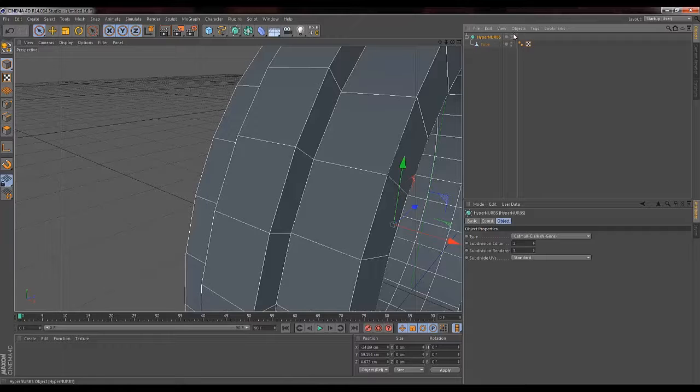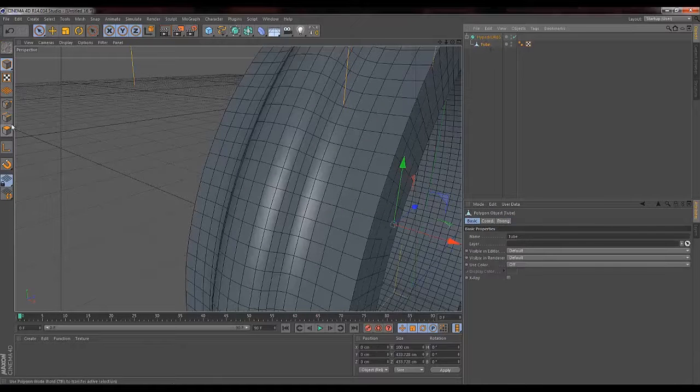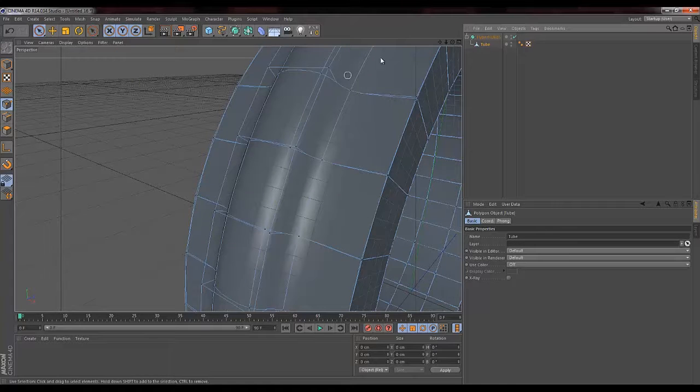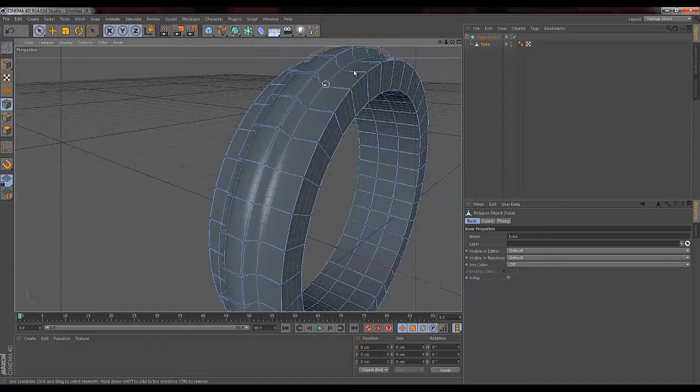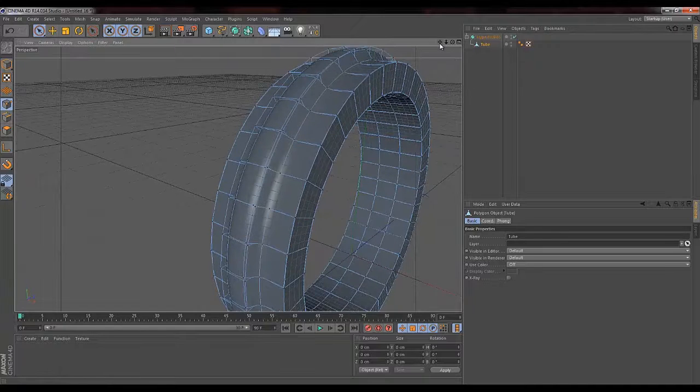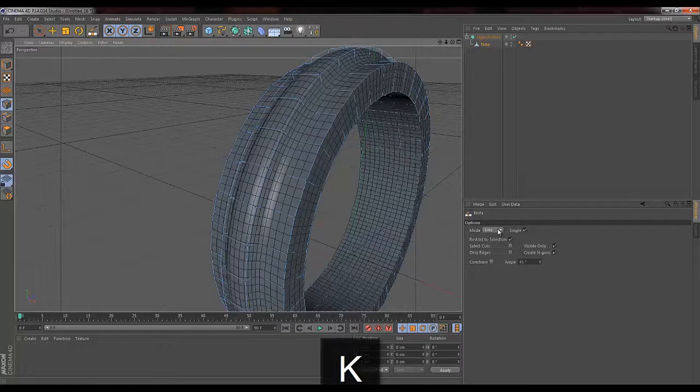So depending on where your cut is, it affects how this is going to work. So the easiest way is for me to show you. It's really difficult to explain. So I'll turn on my hyperNURBS again. I'm going to select the tube. I'm going to select point mode, and we can kind of see what's happening here a little bit now. If I select the knife with K and set that to loop,